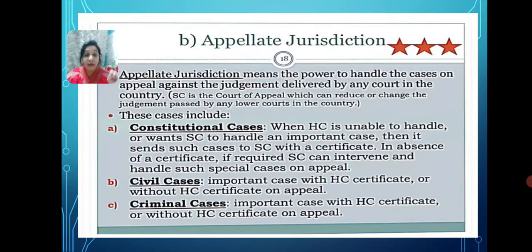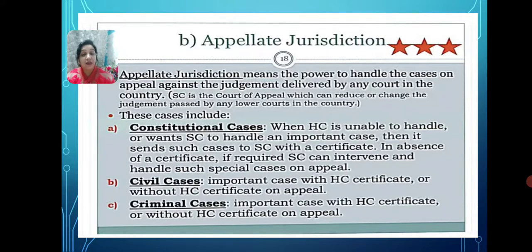Now above the Supreme Court, there is no other court. Supreme Court is the superior court. So the Supreme Court is a court of appeal which can reduce punishments, and the Supreme Court has the whole power. Neither the district court nor the high court can question the Supreme Court on why it has reduced the punishment or why it has changed the judgment passed by the lower courts in the country. And this is the facility that the jurisdiction allows as appellate jurisdiction.